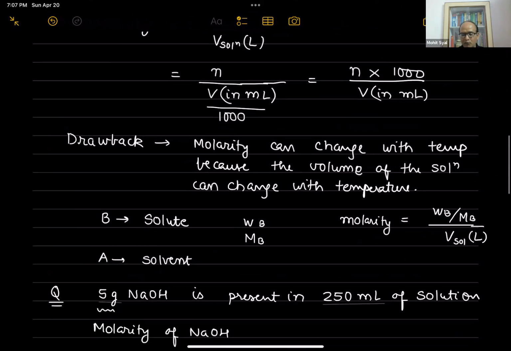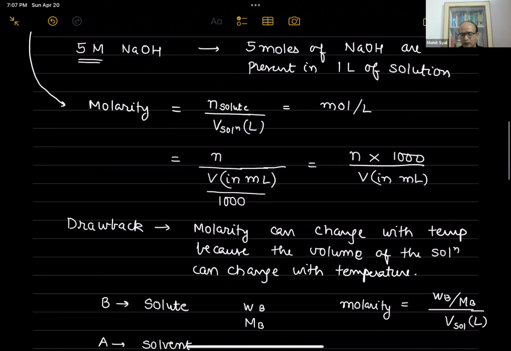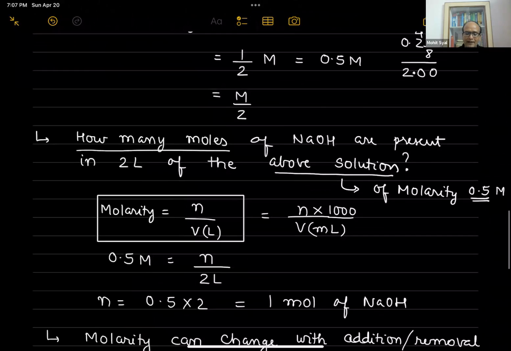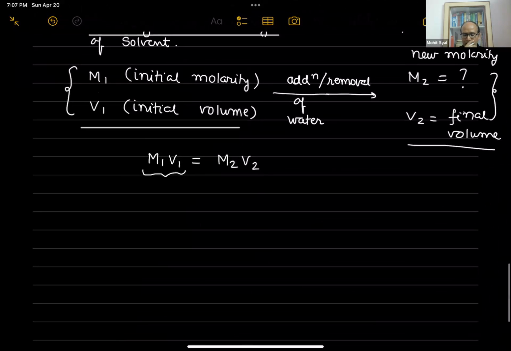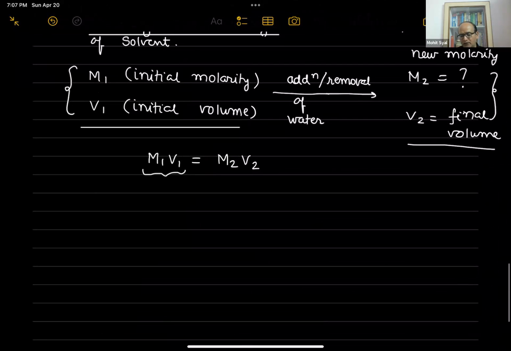When you multiply the molarity with volume, you get the moles. Because you have added only water, moles of the solute remain constant. So new moles will also be same as that of original moles. So M1V1 equal to M2V2 is the formula that needs to be used